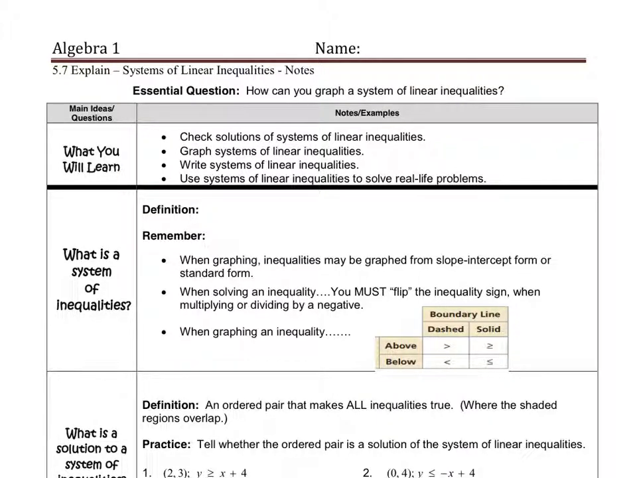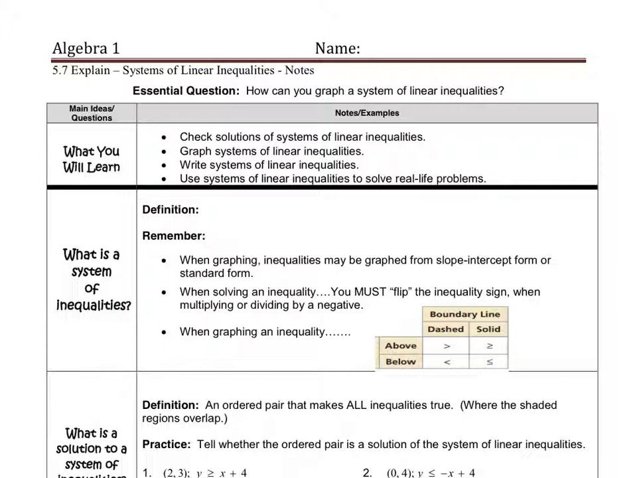So today we're going to start working with systems of inequalities, which is really just putting together what we did last class, graphing inequalities, and what we did for the last couple of weeks, systems of equations. We're kind of merging those two topics. So a system of inequalities will just be two or more, but in our case two, inequalities put on the